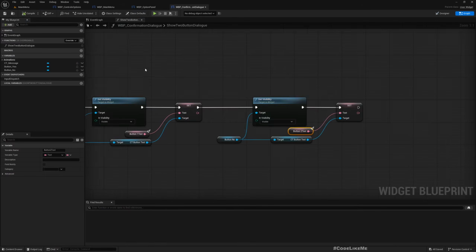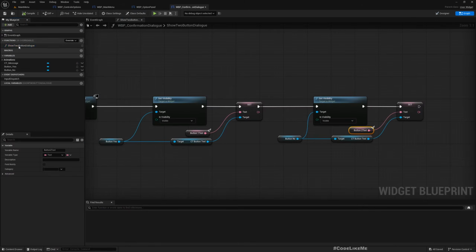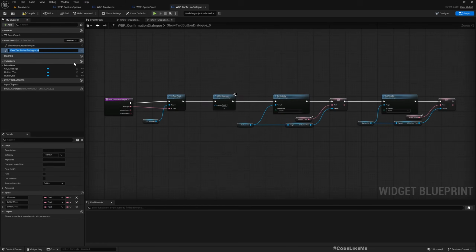Nice. Now similarly, let me duplicate this function and I'll call it show one button